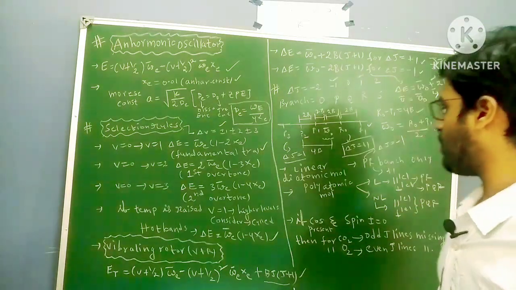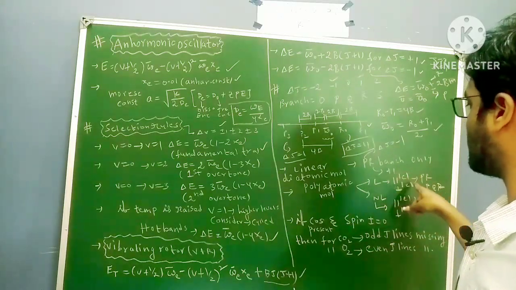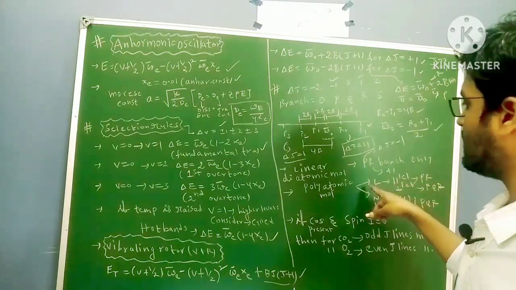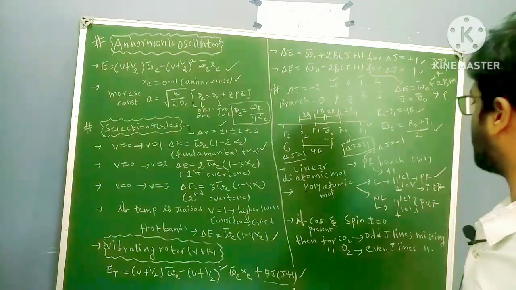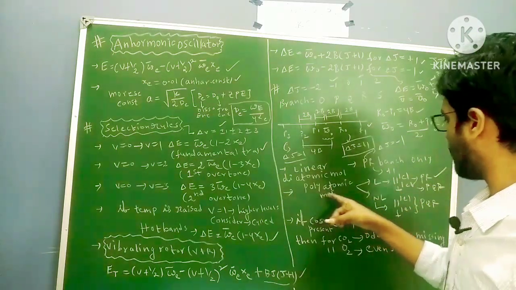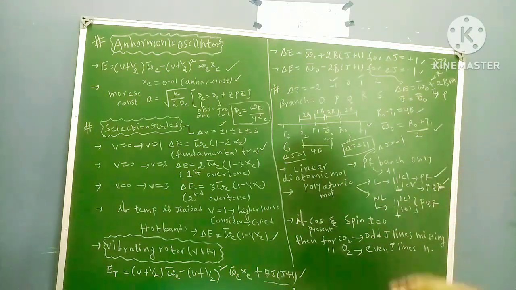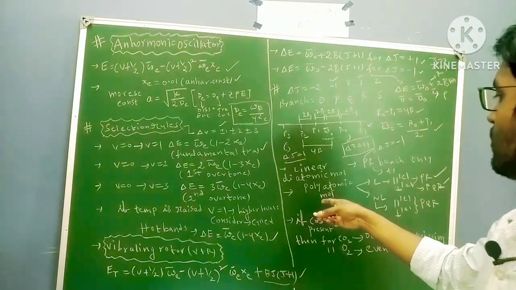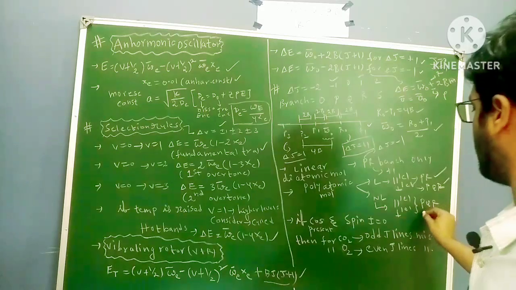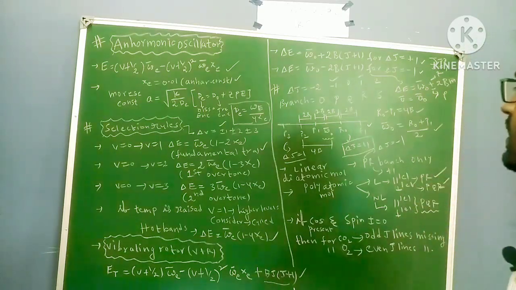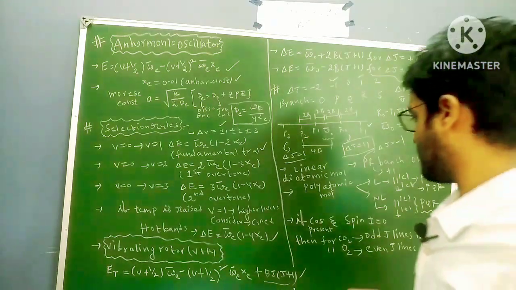If you have the linear polyatomic molecule, then again two conditions: one is parallel vibration, second is perpendicular vibration. If the linear polyatomic molecule has parallel vibration, then the PR branch will appear. If the linear polyatomic molecule has perpendicular vibration, the PQR branch will appear, right? If it is a non-linear polyatomic molecule, whether parallel vibration or perpendicular vibration, no matter, you will get only the PQR branch. Based on these two, you can have more problems. You have to practice them.